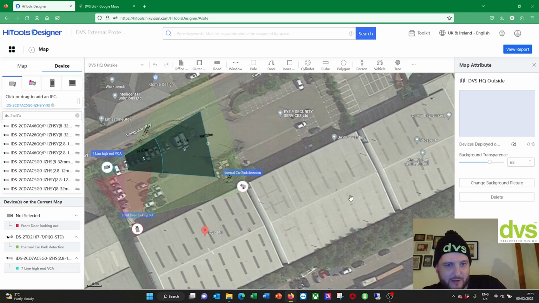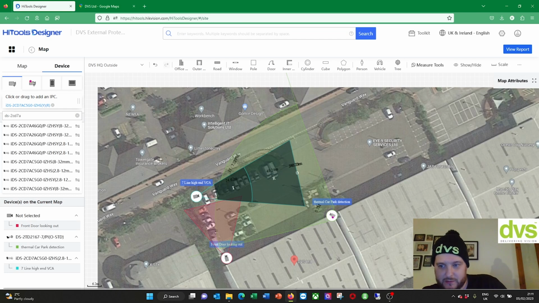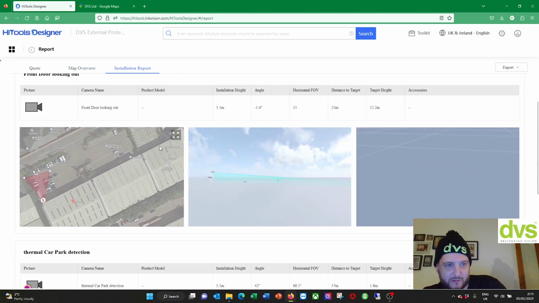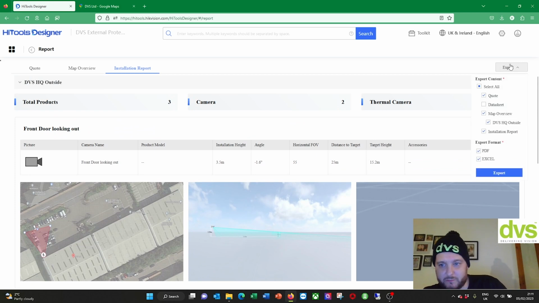When you want to export this, I've centered it now, all you need to do is, it's already saved as a project. We just want to save it, export this as a project now. So map overview. So click on that little thing, installation report. It tells you each of the cameras there, look. And then export, there's one thing,